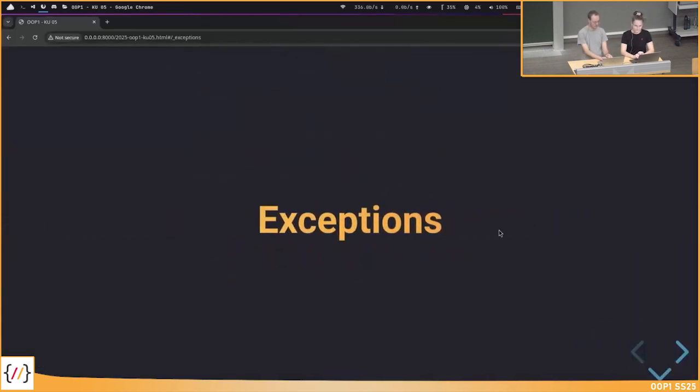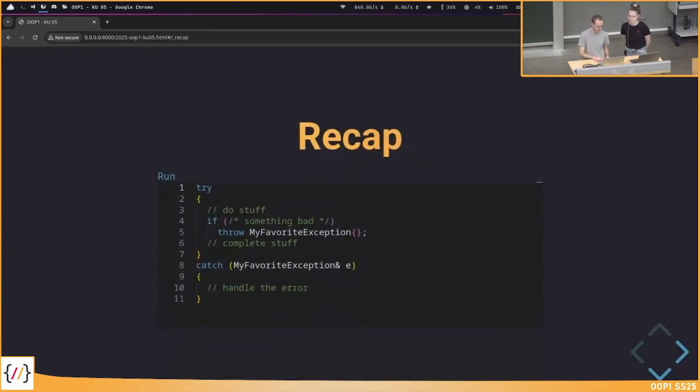Okay, then we come to the first C++ topic, exceptions. Just a very brief recap, I think it's not really difficult. We have 3 new keywords: try, throw, and catch. Basically, we introduce a so-called try block.